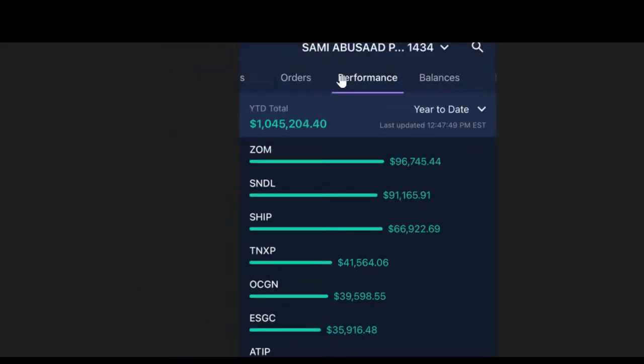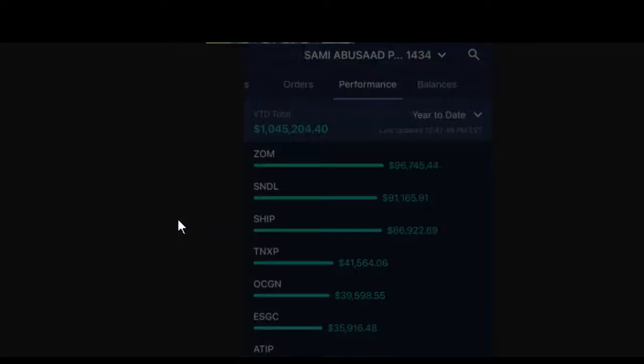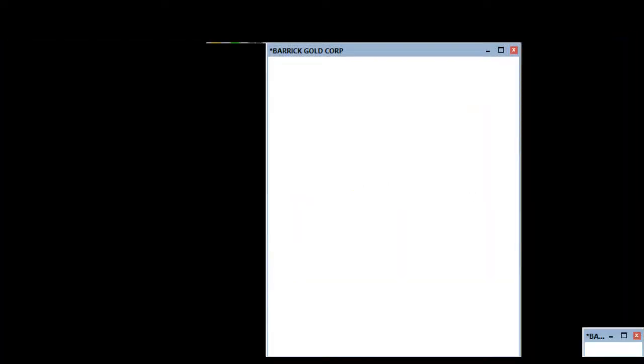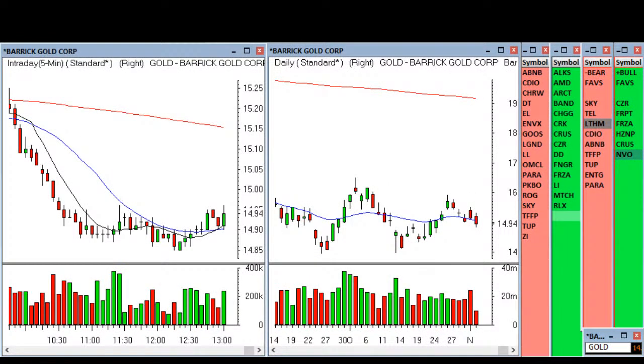I saw somebody ask what kind of account size. It's fine. You can start with any account size. That's over 25K. Doesn't have to be... what kind of account do you need for day trading? It's the same. It's the same thing for scalping.